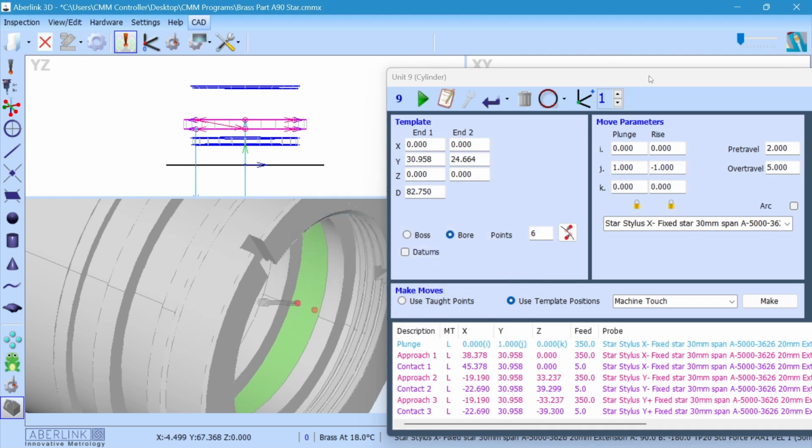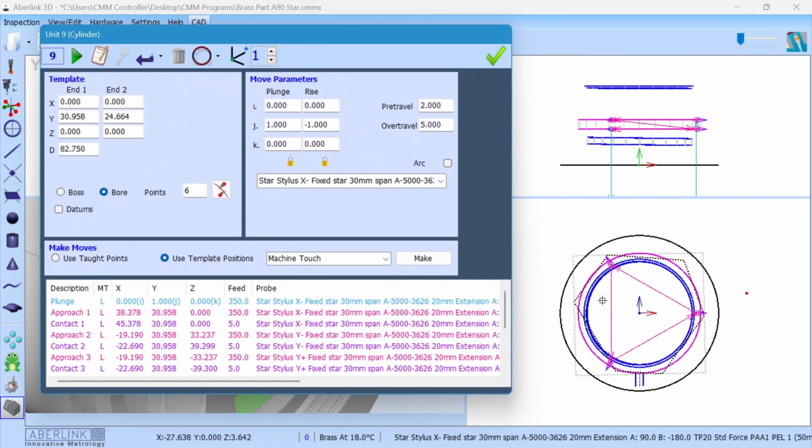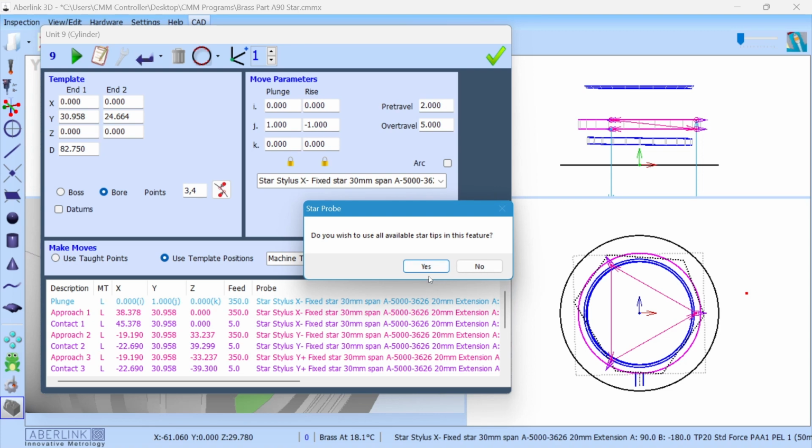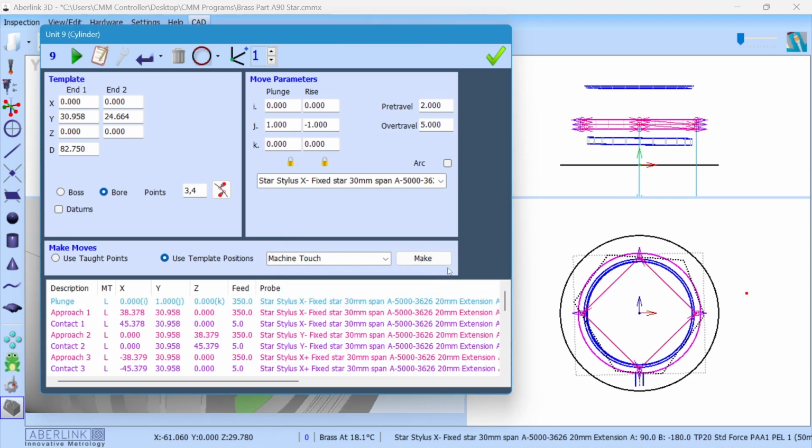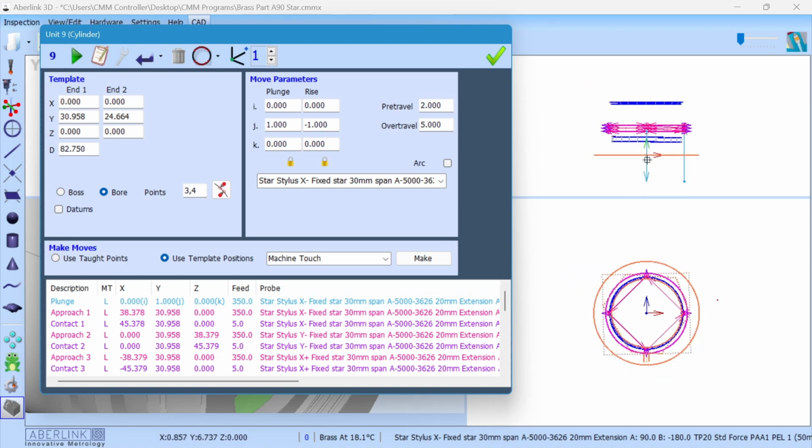And we do need to change the points as the standard 6 won't run correctly on the machine. So in this example, I'll change this to 3, 4 to give us the best measurement. Press make, click yes, and there we go. So we have the measurement done correctly. We have 3 depths evenly spread out with the stars, and we have the entrance and exit coming through the